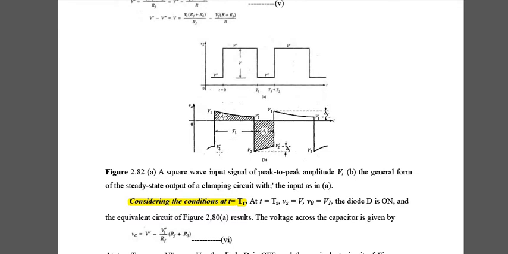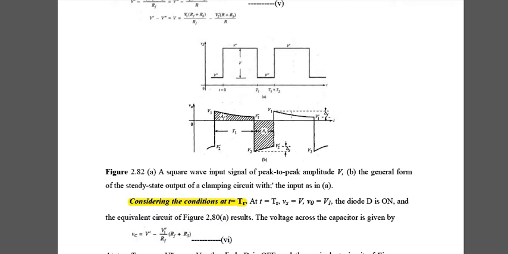I hope you are all clear with the derivation part that we have done and how we found V1 as well as V1 dash, V2 and V2 dash. I'll just revise the V1 dash and V2 dash equations that we obtained by applying the conditions when t equals 0 and t equals T1. From t equals 0, in this particular time interval, we found the value of V1 dash. Now from the time interval T1 to T1 plus T2, in this part we found V2 dash.